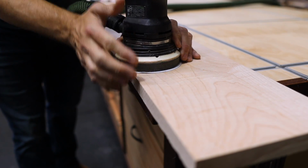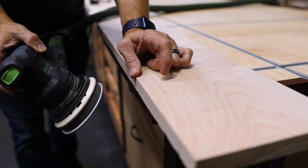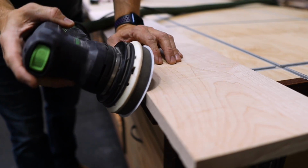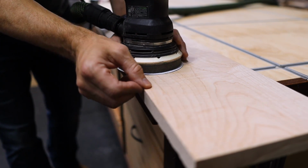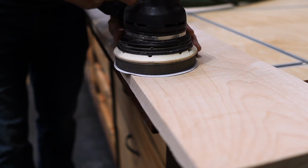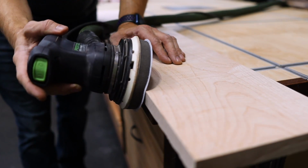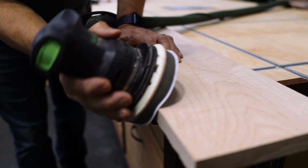Will it damage the corner? Of course, if you're sitting there holding it on there or if you're not moving, it will still sand that corner or that edge. But if this was a round over and you didn't want to make it look non-uniform, because a lot of times when you're sanding a round over, even if you think you're moving fast enough, that doesn't work. You'll wind up with some imperfections, especially when you start putting finish on. So this actually prevents you from hurting it too much and doing damage